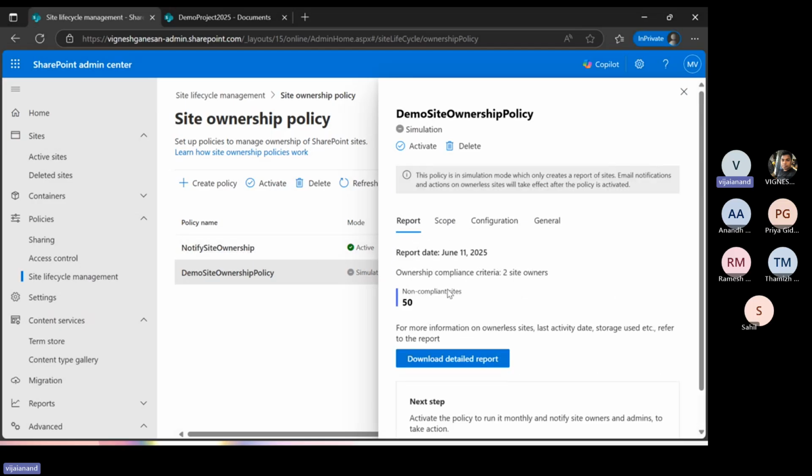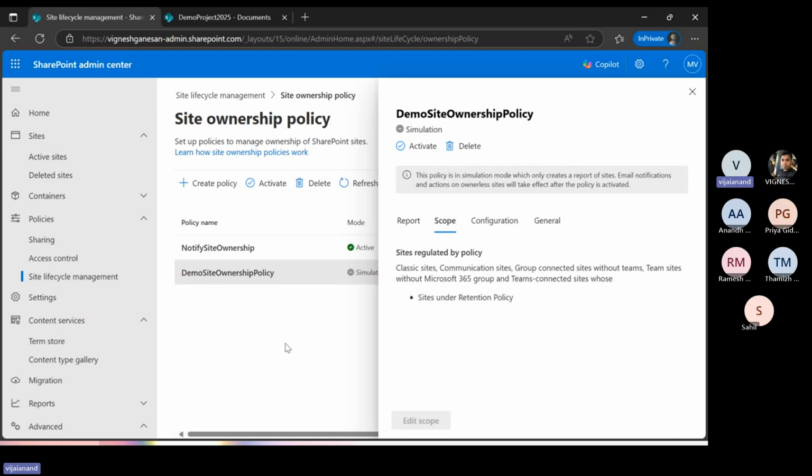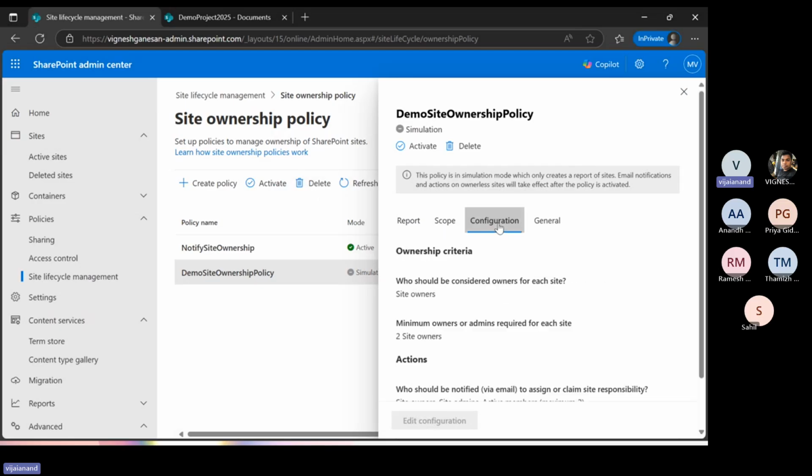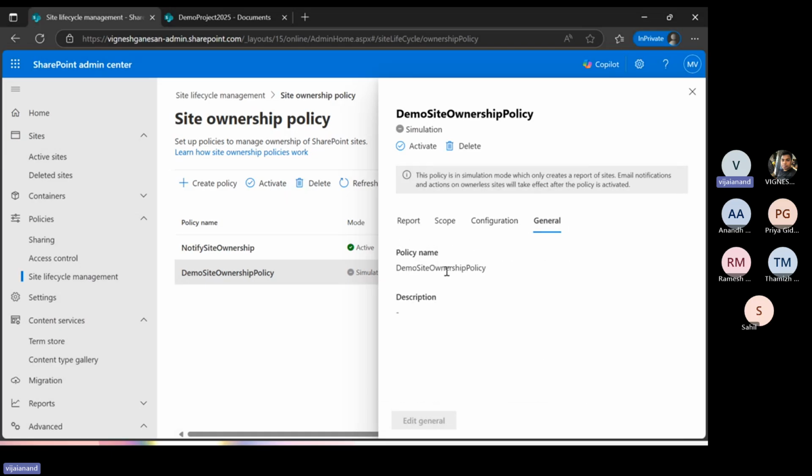So if you see here, the criteria is every site should have two valid owners, two site owners basically. Based on that criteria, I have 50 non-compliant sites which don't have two owners. I'll also go through the detailed report. And if you see the scope, while we are creating the policy, I'll show you what the scope is, what configurations are available, and the general things like policy name and description, everything. Before creating the policy, I would like to show